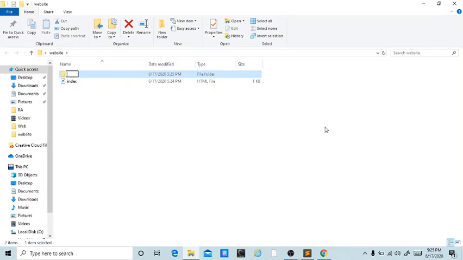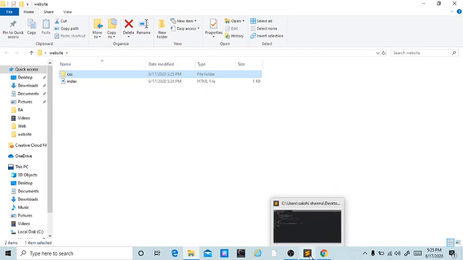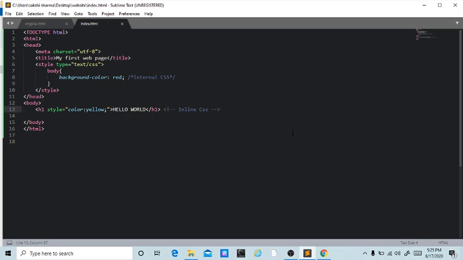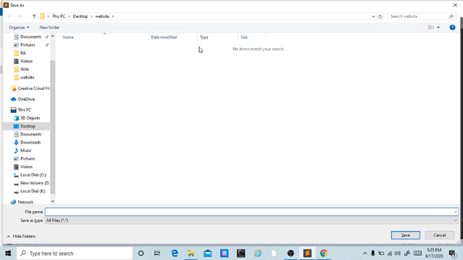So first of all, we're going to create CSS folder in our website folder, and we'll add new file to that CSS, styles.css. Do not forget .css extension, so that our system can identify the type of file.